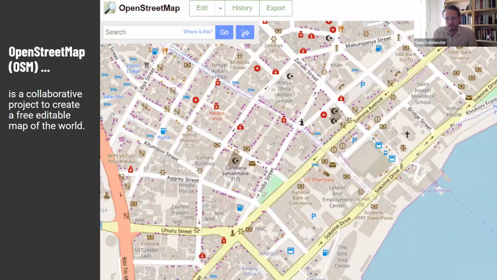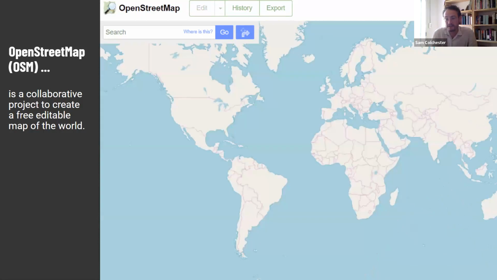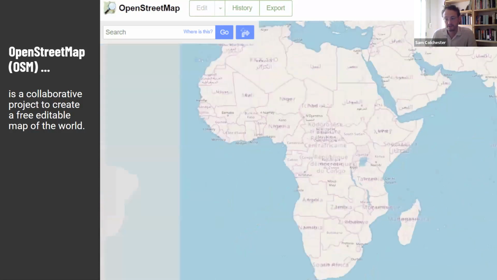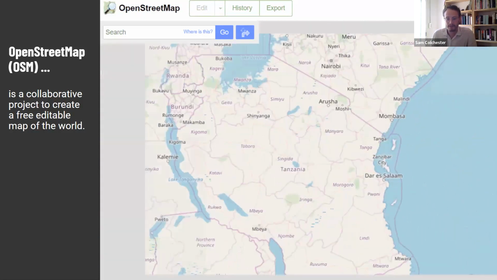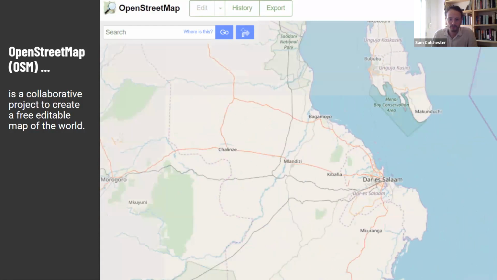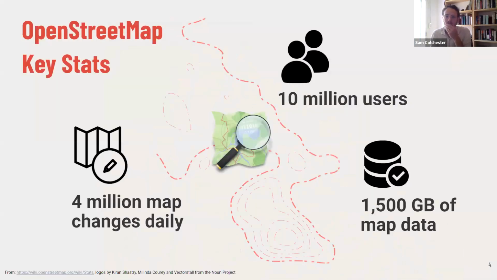All that you need in order to contribute to OpenStreetMap is an internet connection and an email address. Okay, and you need to be at least 13 years old, and those are the requirements, and then you can contribute. OpenStreetMap is being continually created and maintained by up to 10 million users now across every country in the world.